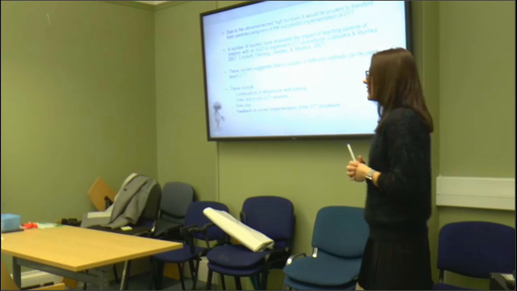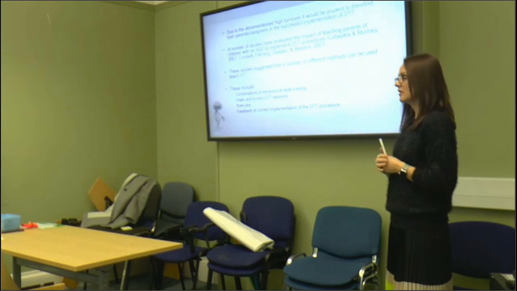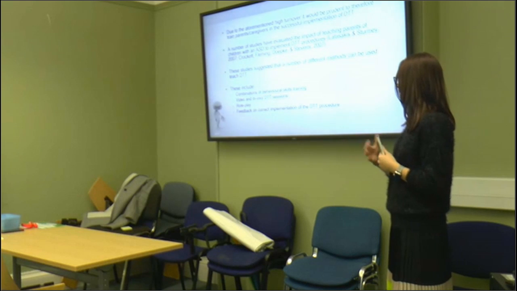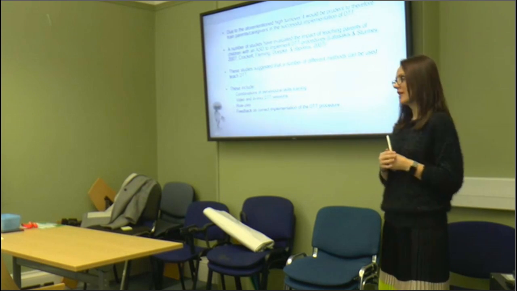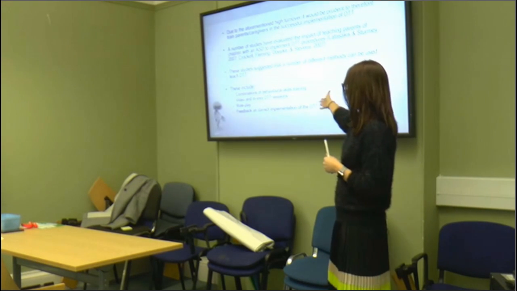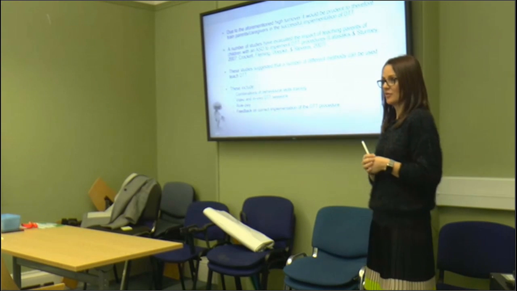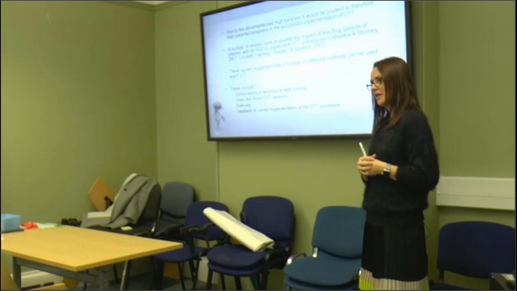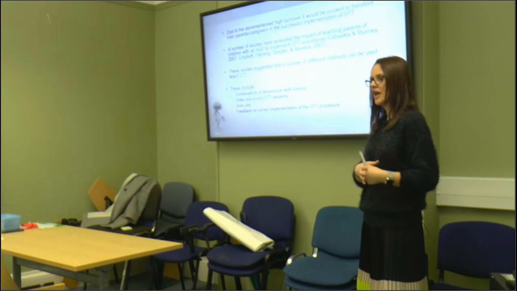So there were a number of different teaching methods that the research has suggested. Combinations of behavioural skills training, video and in vivo DTT sessions, role play and feedback, and correct implementation of the DTT procedure. So I do any of these within my session and I leave thinking, brilliant, the parent's going to do it. When I go back again, there's procedural errors. The data maybe doesn't reflect the actual ability of the child.